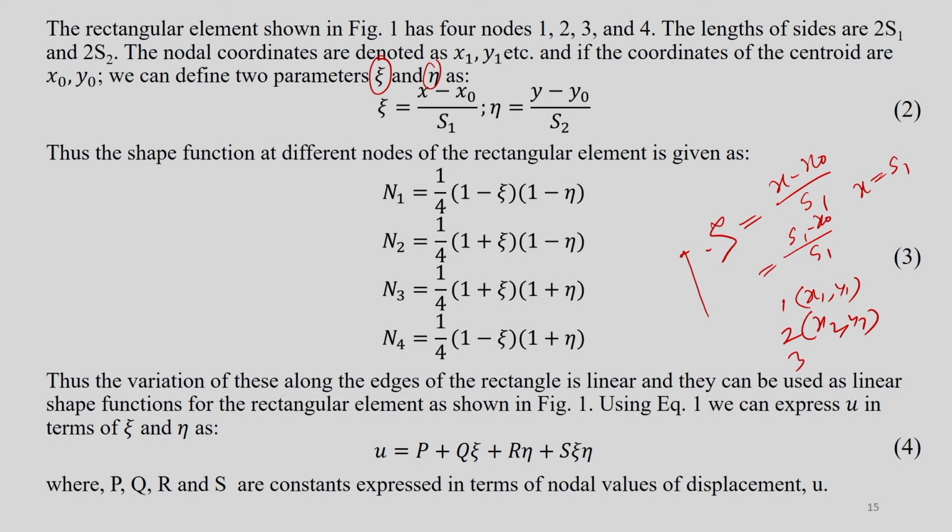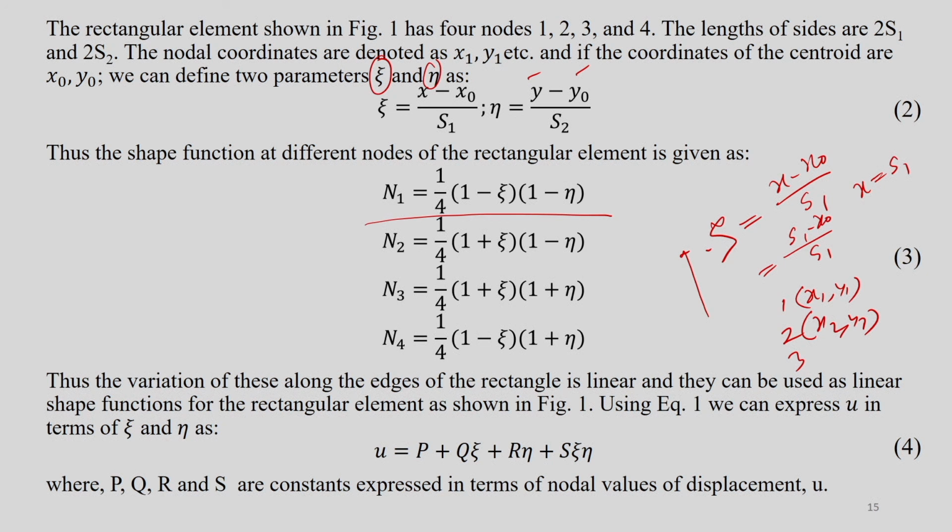Similarly, either plus 1 or minus 1 depending upon the position, whether node point 1, 2, 3 or 4. Similarly, eta can be mapped like that, y minus y0 by S2. Now, thus the shape function of these different nodes of the rectangular element can be given like this only, in terms of xi and eta. So, we can say this is a local coordinate system, and then using this local coordinate system we can represent the shape function n1 equal to 1 by 4, 1 minus xi, 1 minus eta,